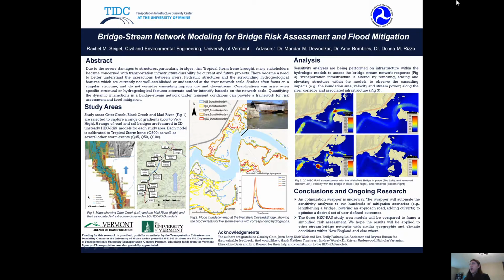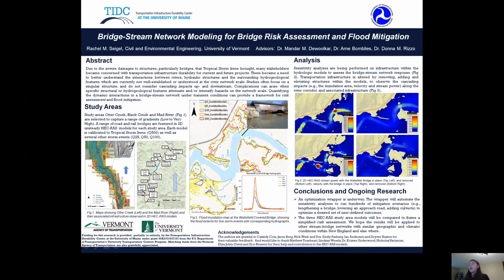Tropical Storm Irene came through Vermont in late August 2011. The storm deposited an average of 3 to 5 inches of rain, and in some places as much as 8 inches. Irene is only superseded by the flood of 1928, and many locations in Vermont even surpassed that event. With the storm came severe flooding, causing damages or failure to as much as 500 miles of road, 300 bridges, and 200 miles of state-owned rail in Vermont alone.